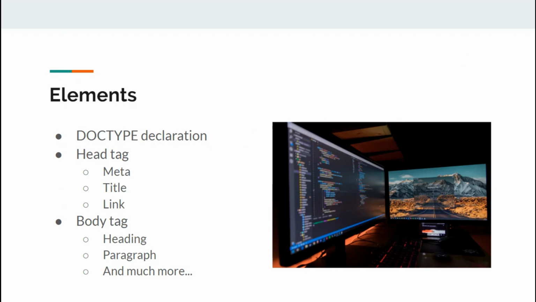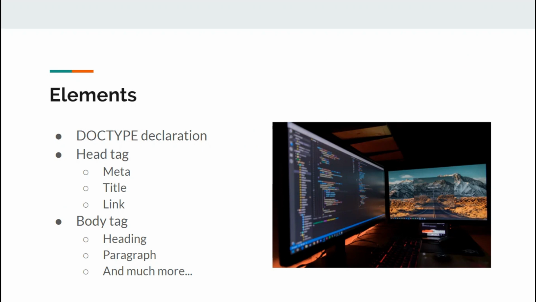In the head tag, we'll see meta tag, title tag and link tag. Well, meta tags are used for entering the keywords for search engine optimization, the description of your web page, and much more things which we might cover in the advanced section. The title, as you have seen in the previous video, we can give the title of your web page as we want.